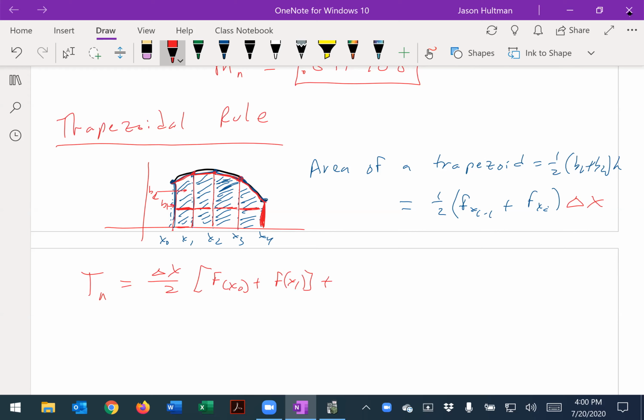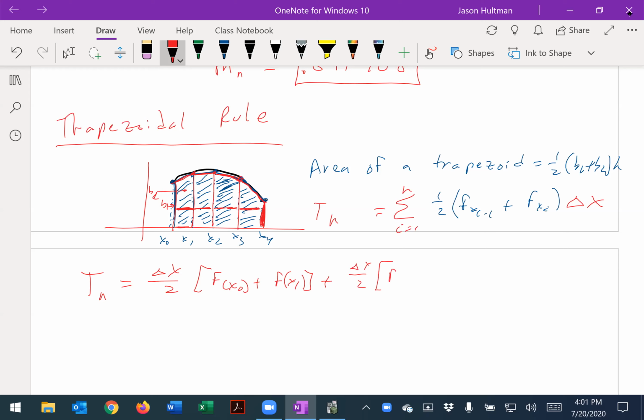This is the area of one trapezoid. What if I wanted the area of all the trapezoids? The area of one trapezoid is this thing. If I wanted the area of all of them, I just go i equals 1 to n and sum them all up. T sub n is then going to be plus delta x over 2 times f of